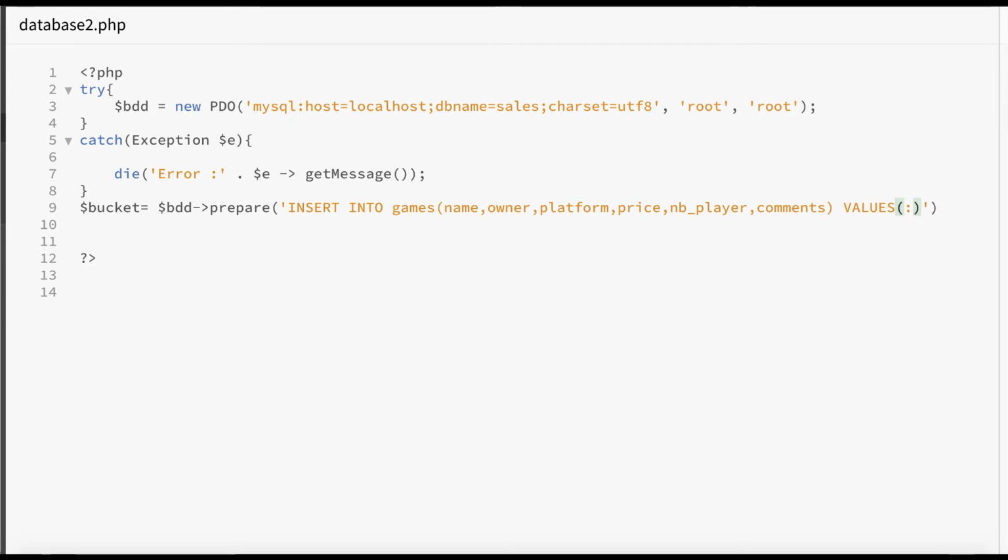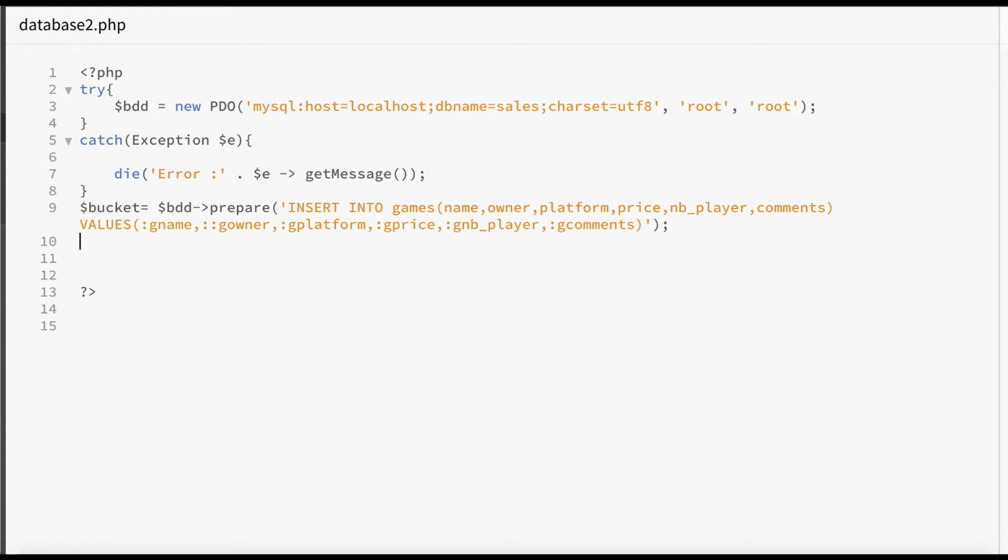So since here it is for the prepared, for the name we say G, standing for game, G name, G owner, G platform, G price, G number of players, and lastly G comment. So our prepared instruction is done.